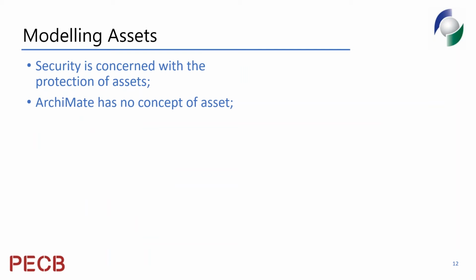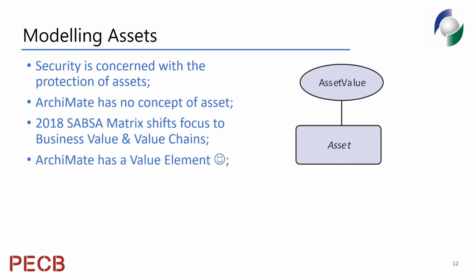Okay, so one of the things we have to do in security is, first and foremost, the protection of assets. And ArchiMate in its notation actually doesn't have a native element for an asset. So one of the first things we have to do is work out how we're going to represent assets and value streams, the things we want to protect, using the ArchiMate notation. Now, although ArchiMate doesn't have an element asset, which would be quite an abstract element, what we do have is the value, the oval that I've put at the top right of the screen there.